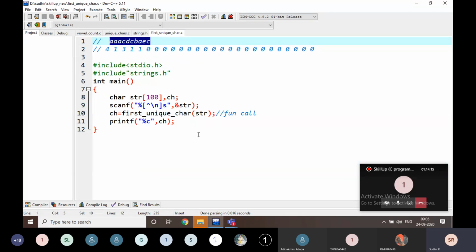The main function is nothing here, right? Main function is nothing.